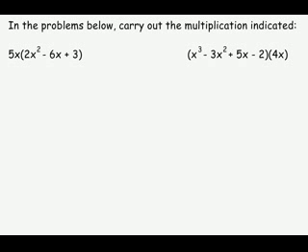In the examples given below, we're told to find the multiplication of each of the expressions shown. So we're going to start on the left here with the expression 5x times the quantity 2x squared minus 6x plus 3. In this case, we're going to use our distributive property, which states that whenever we have a quantity